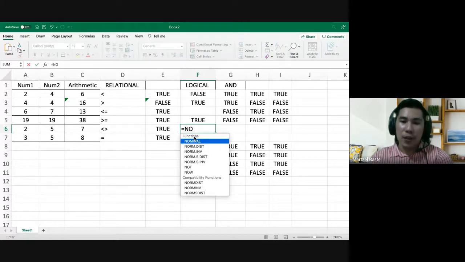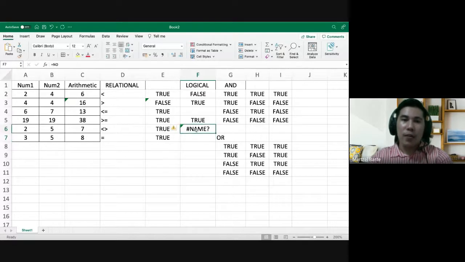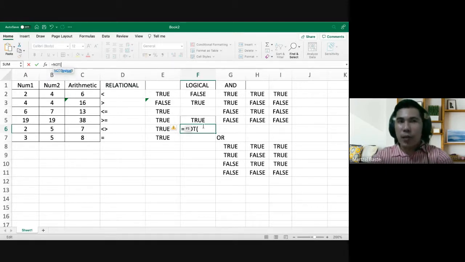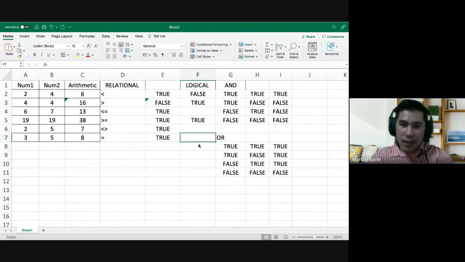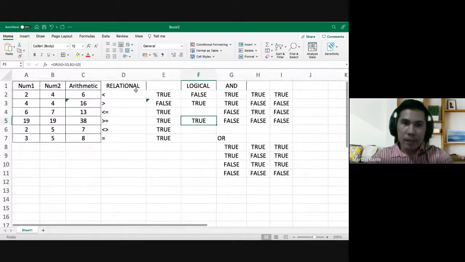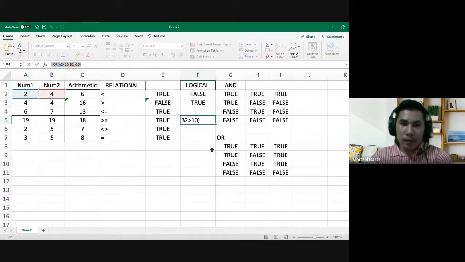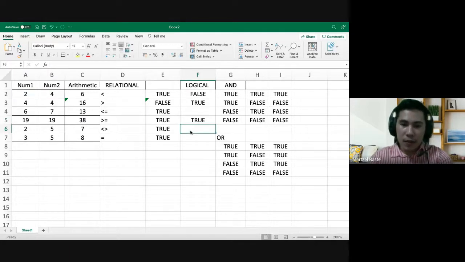Okay? So for the not operator, it's only going to negate a certain condition. Example, let's say you have here, simple lang. Sorry. So,